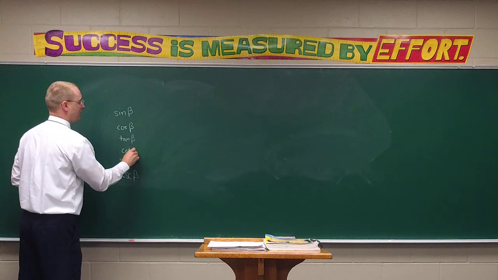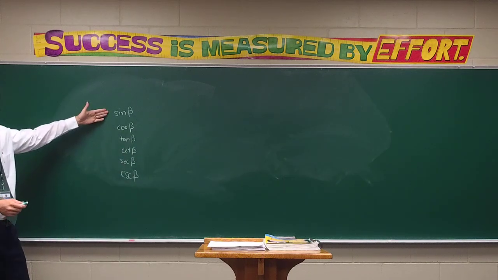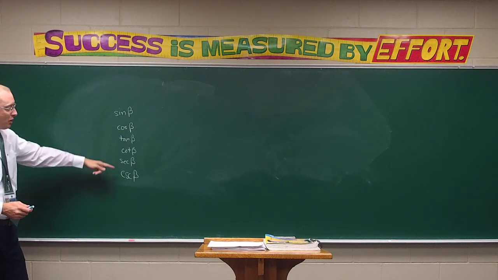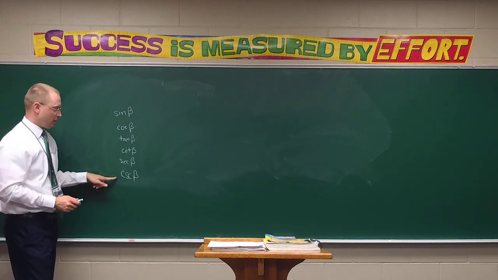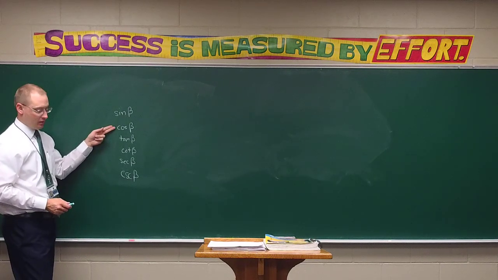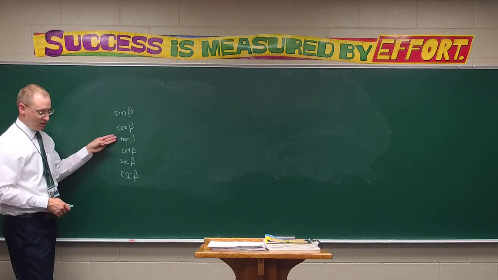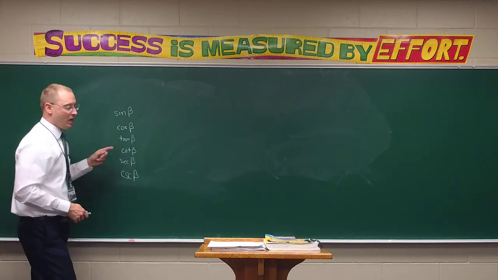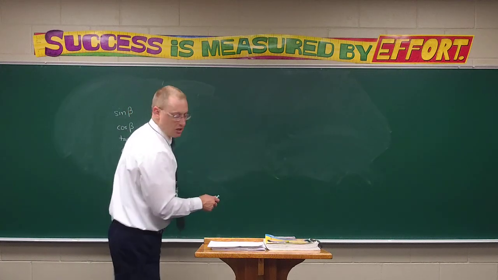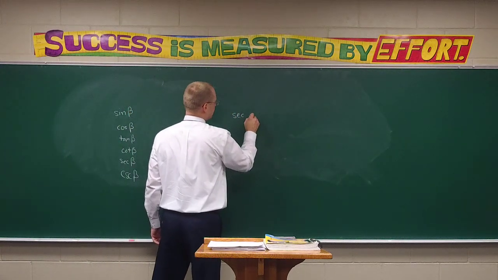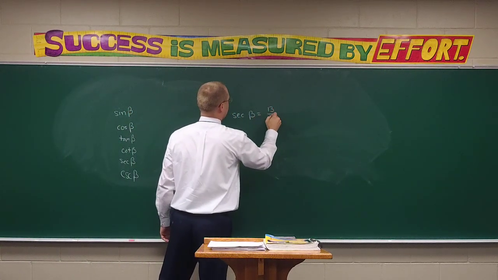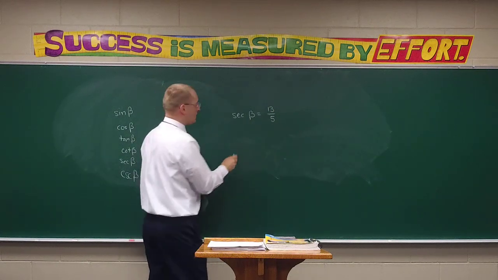So sine is what? Opposite over hypotenuse. So therefore cosecant is hypotenuse over opposite. Cosine, adjacent over hypotenuse. So secant, hypotenuse over adjacent. Tangent, opposite over adjacent. So cotangent, adjacent over opposite. Supposing we knew that the secant of beta is 13 to 5, and supposing I knew that